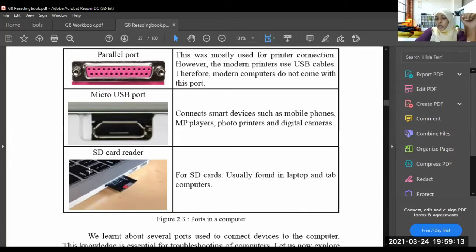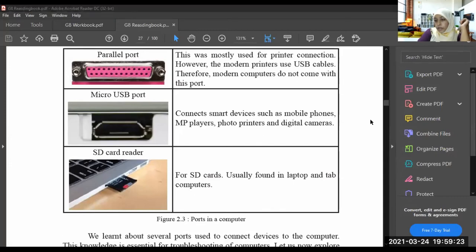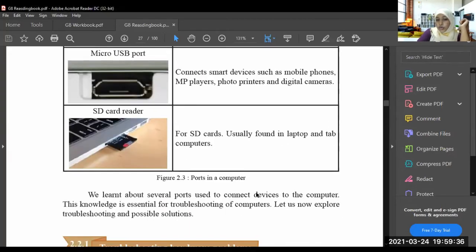And then connect it to the SD card reader and it will read the chip. Usually found in laptop and tab computers. Long form of USB is Universal Serial Bus. Universal Serial Bus. We learnt about several ports used to connect devices to the computer.